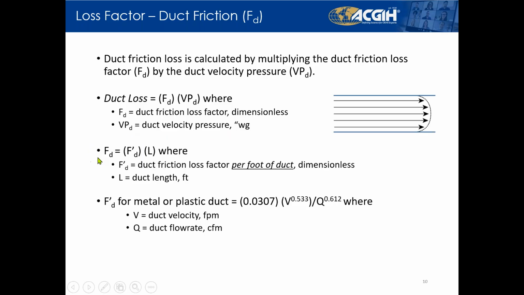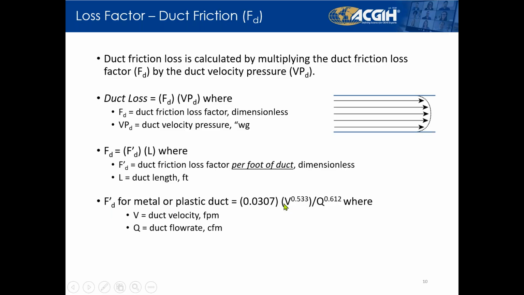So how do we determine F sub D? Well, F sub D is further determined by F prime sub D times L, where F prime sub D is a duct friction loss factor per foot of duct. L is the length of duct. So F sub D is then F prime sub D times L. F prime sub D is determined for metal or plastic duct by the formula